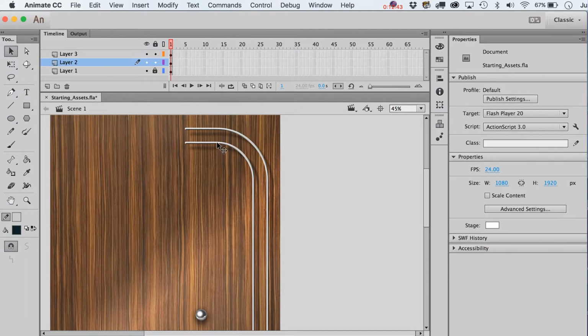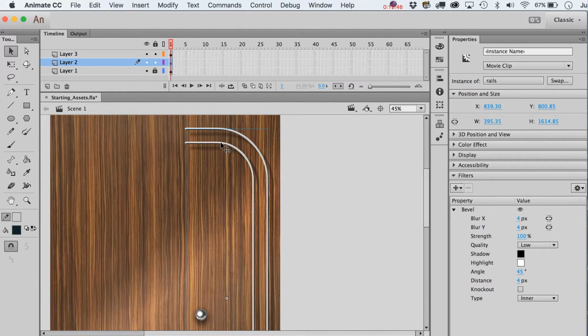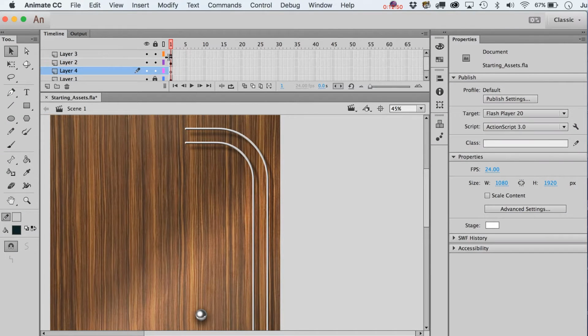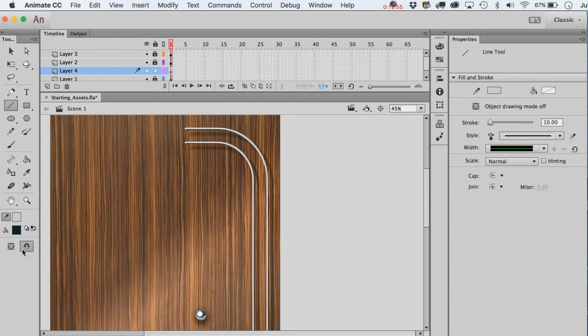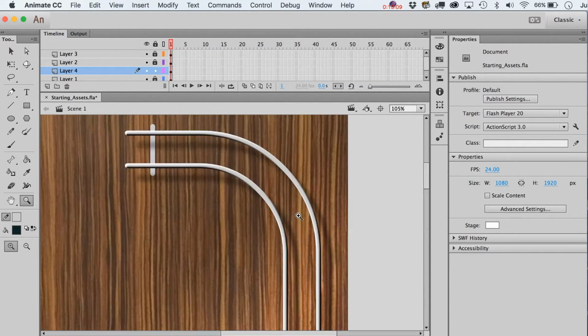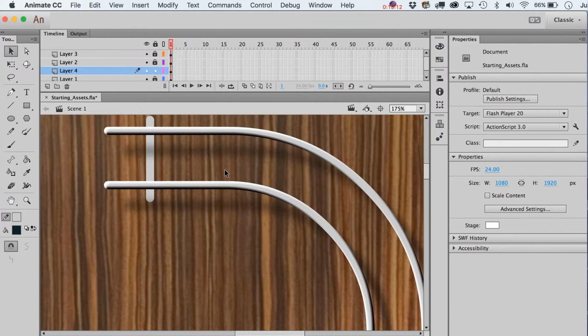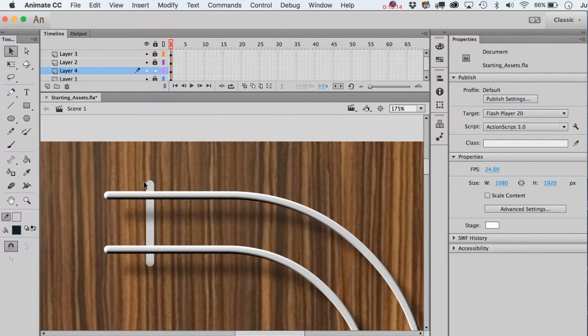Let's do this now. I'm going to go inside of, actually, let's work on a separate layer for right now. I was about to say, let's work inside of the symbol, but let's not do that just yet. So get your line tool again, and let's begin putting basically a connection between these two rails. So we're just going to do something like this, almost train track it, right? Let's zoom in a little bit though, so we can get a clearer handle on it. And we'll end up putting about the same